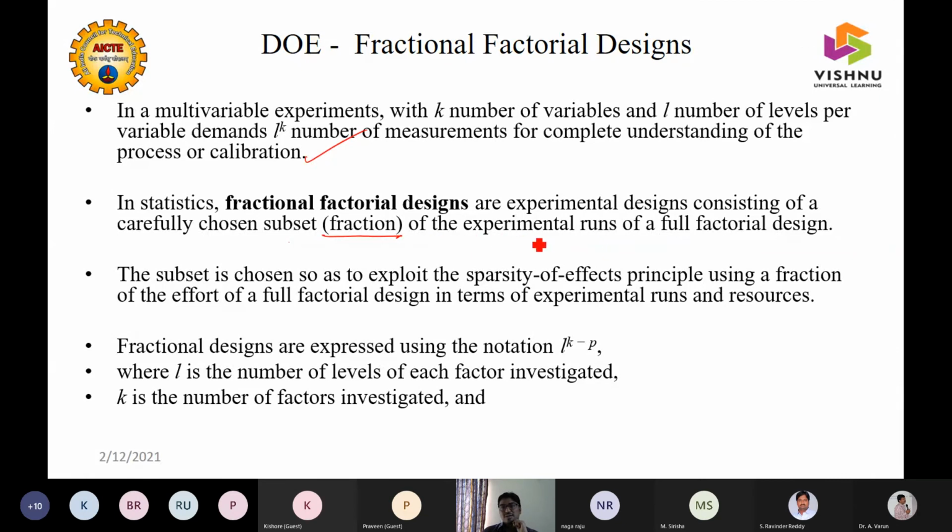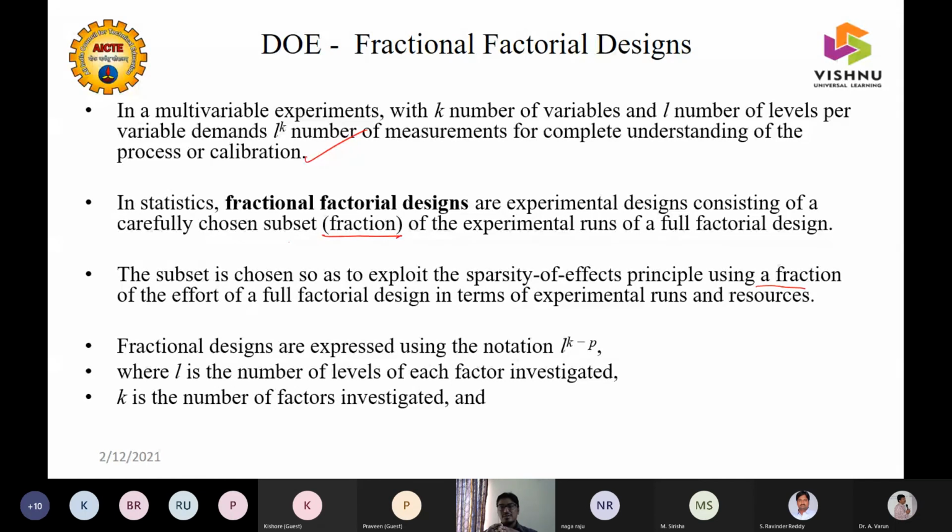Okay. For experimental runs of a full factorial design, the subset is chosen so as to exploit the sparsity of effects principle, using a fraction of the effort of the full design, to explore the area, the feasibility of the area, but with a fraction of the experiments only.